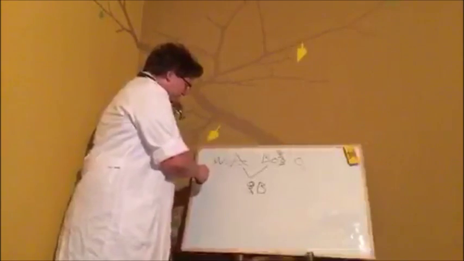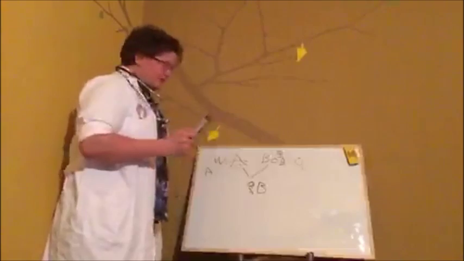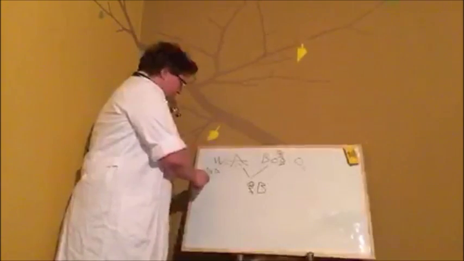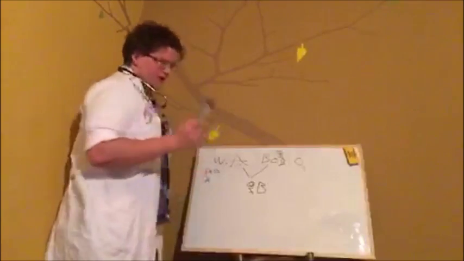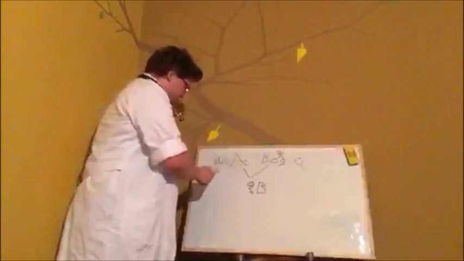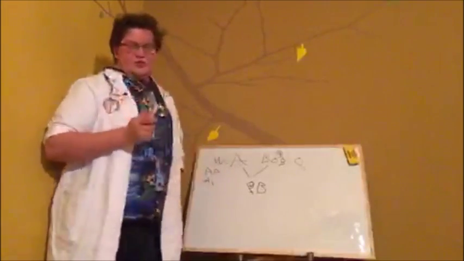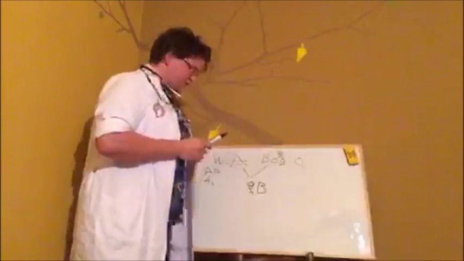The woman has A, she is either homozygote dominant or heterozygote with AI. We can call this, or